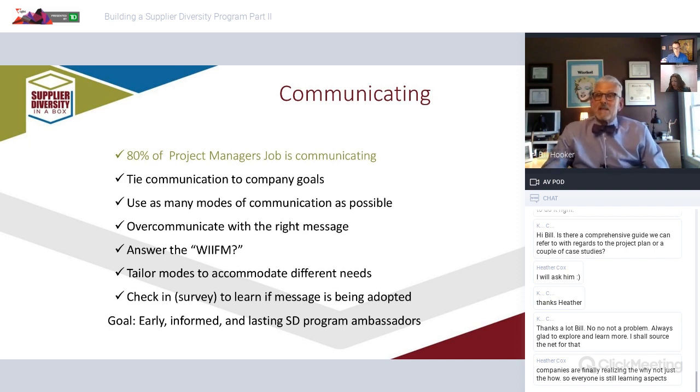you as the supplier diversity lead is going to be in communicating to your executives, communicating to your workforce, communicating to the most important people out there, your suppliers, about what programs and what kind of work that you're doing along the way of being able to become a fully operational supplier diversity program.